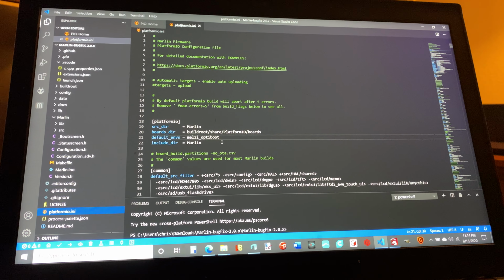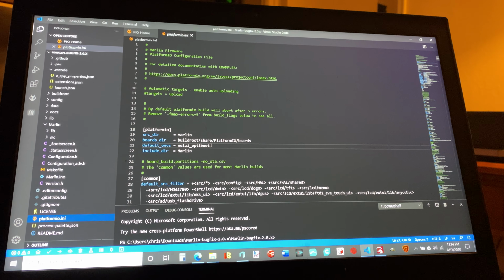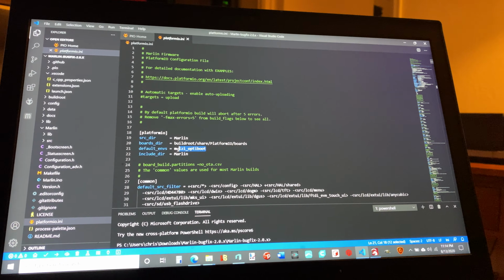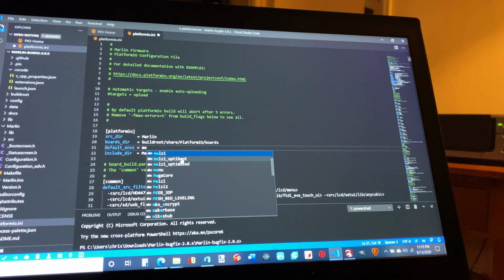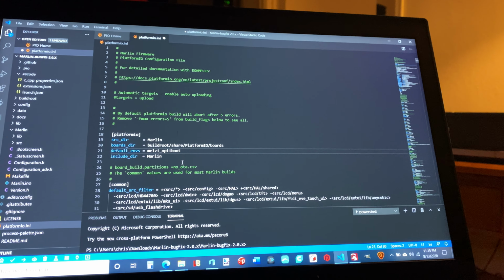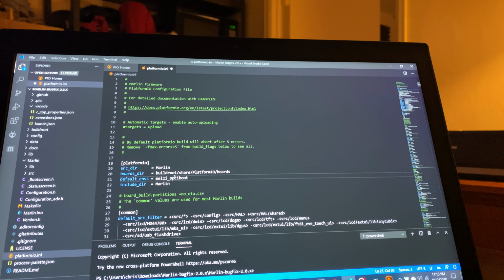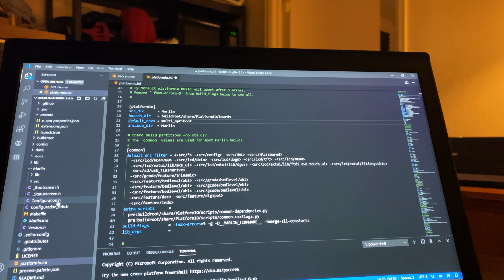Now, on our board here, the default driver, you're going to type in the Melzi, and I did the OptiBoot, but I didn't see any problems with using that, to tell you the truth. But the Melzi board, if you don't know that,